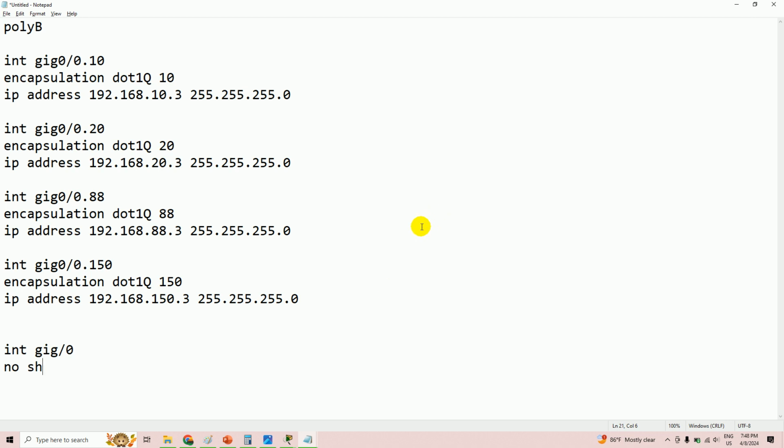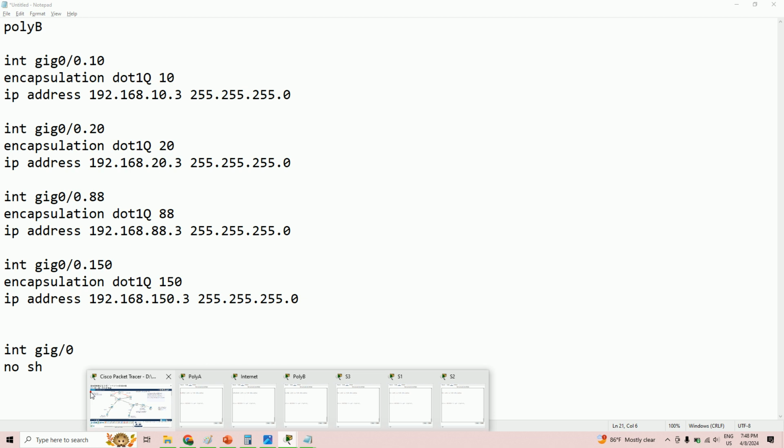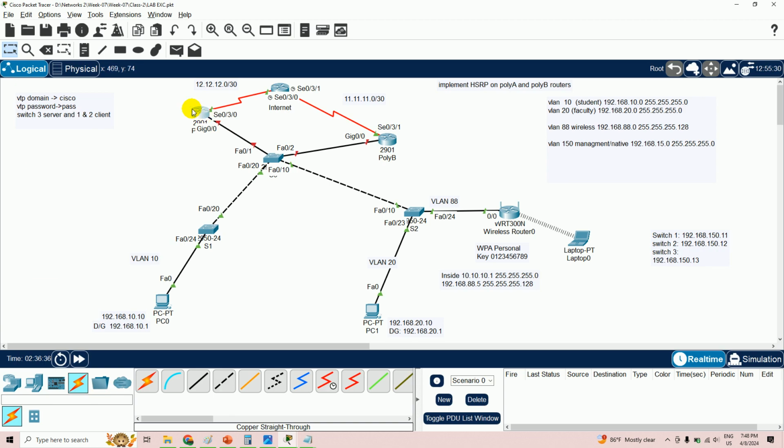But now this is for inter-VLAN communication. Now we want one more concept implemented, that is called HSRP. So if we have two gateway routers, the traffic from the local area network would pass through which gateway, this one or this one? It's a big question. So we have to make one router the active router and another router the standby router. So the traffic would be flowing through the